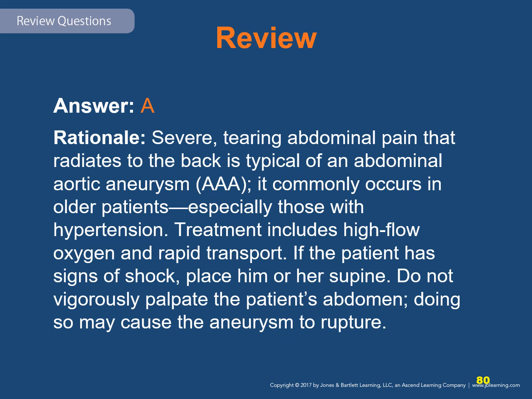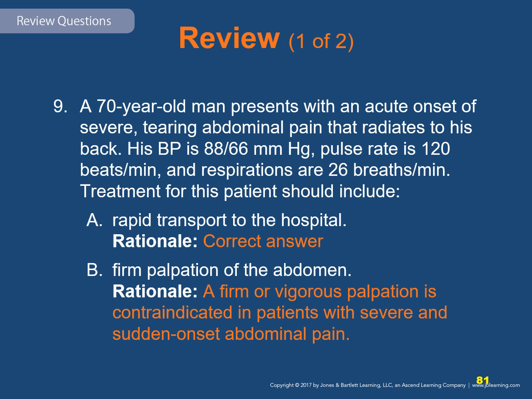The answer is A. Severe tearing abdominal pain that radiates to the back is typical of an abdominal aortic aneurysm, or AAA. It commonly occurs in older patients, especially those with hypertension. Treatment includes high flow oxygen and rapid transport. If the patient does have oxygen until help arrives,